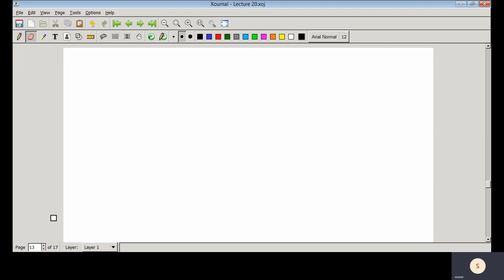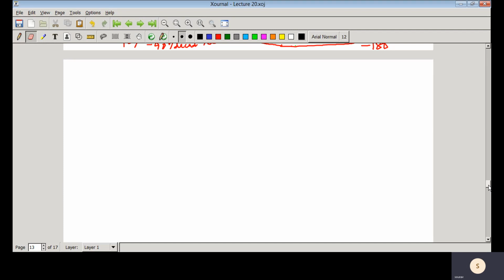So today we'll discuss, if there is any second order term, how to draw that asymptotic Bode plot, and we'll solve one more example. So there is a small correction